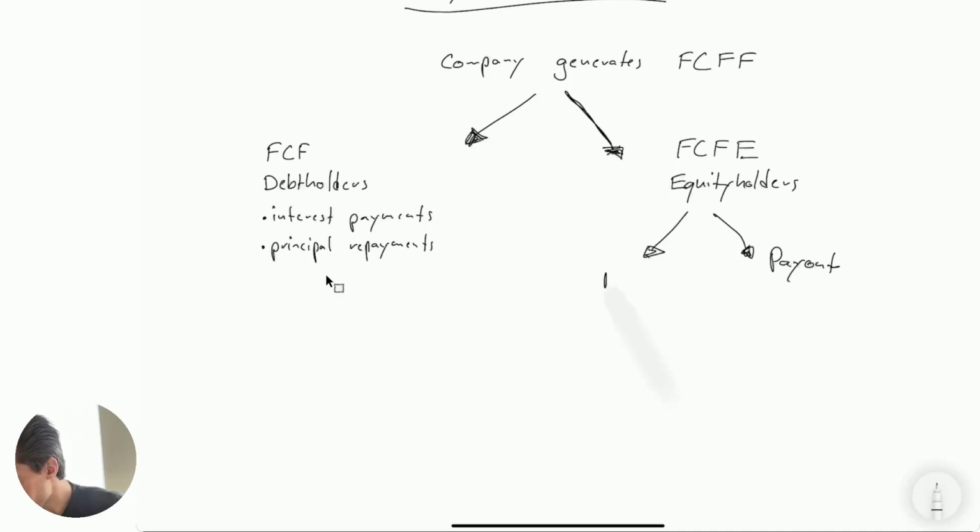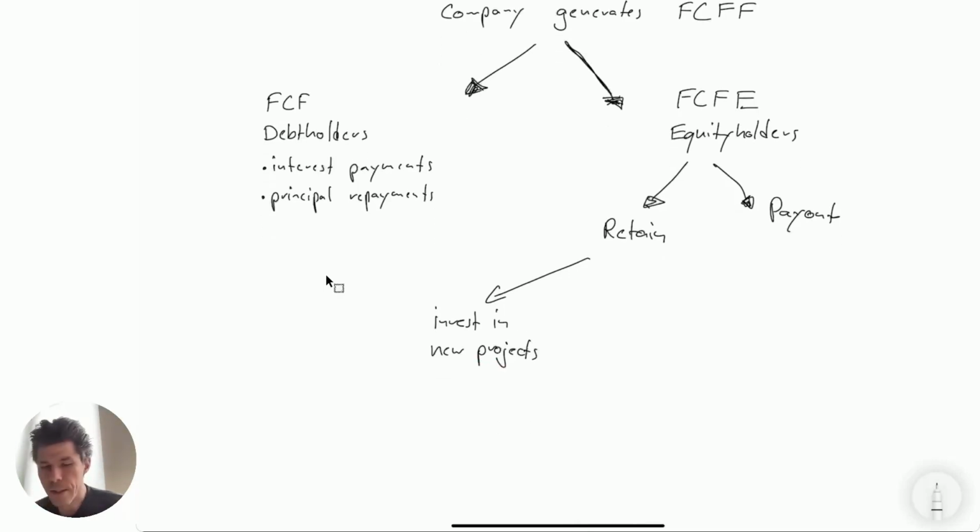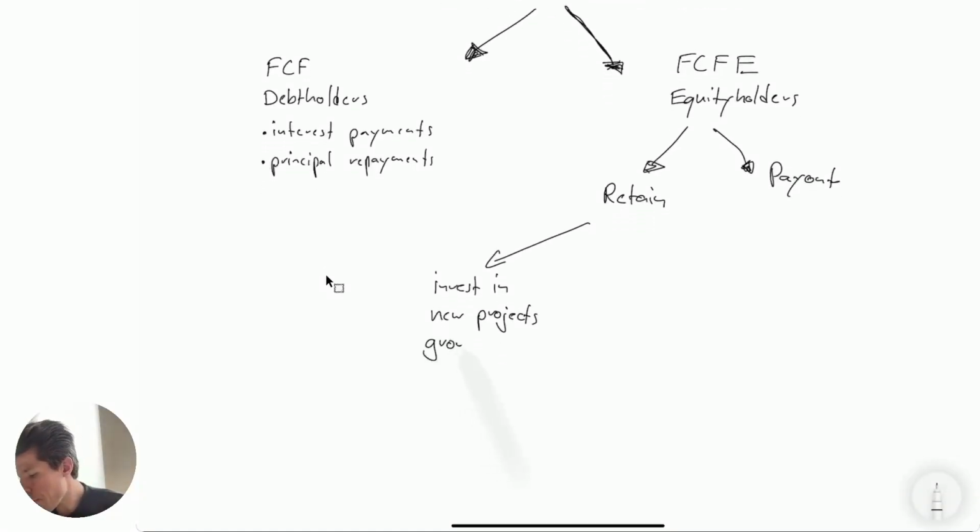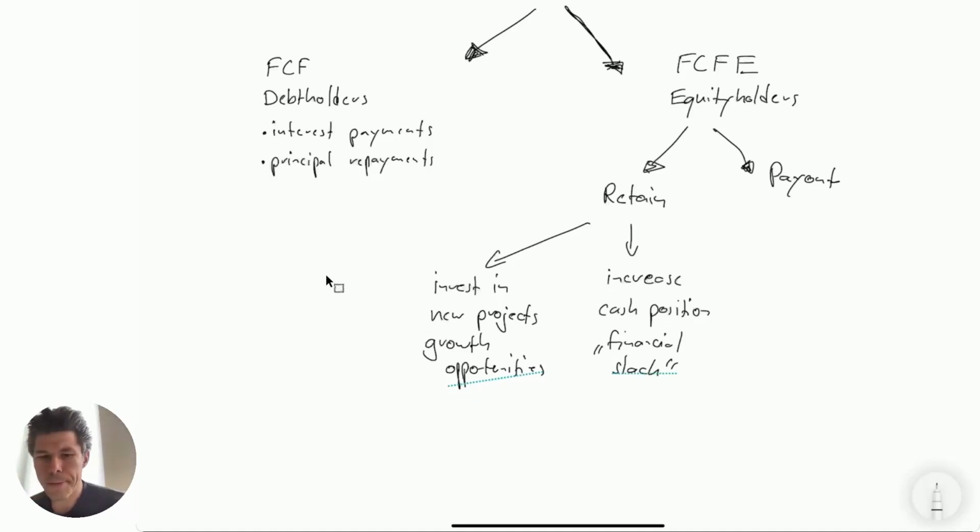We want to retain because, first, we want to invest in new projects. There are some expansion projects. We want to invest in a new factory because we see growth opportunities. Or we need to increase our cash position for unplanned opportunities. It's called financial slack. So these are two ways of retaining money, and I'm not looking at those areas now. I talked about already in terms of when you should retain your money rather than